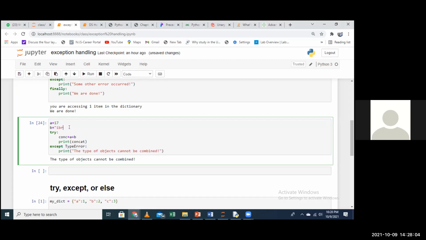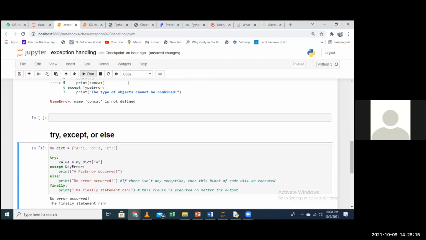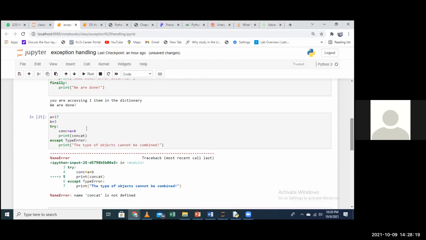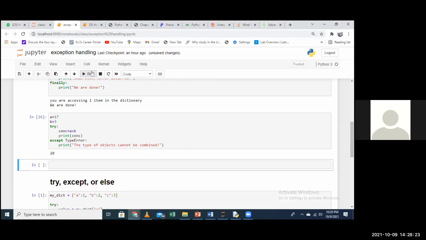That's what we want to do here. Maybe you can change this and say something like 3. Here we are having two integers and they can be combined. Let's see if we get it. Yeah.